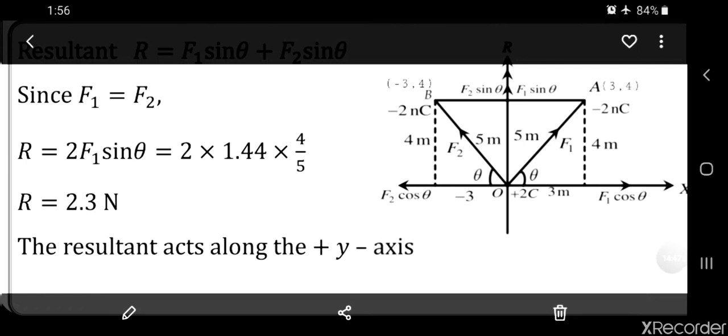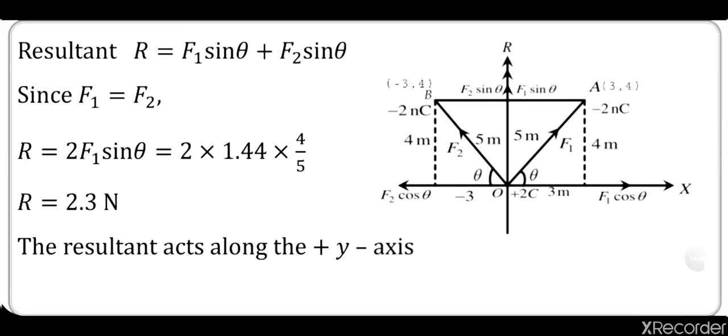Yeah, till here we discussed the numericals of electrical forces by using Coulomb's law. Now let's look at the problems based on electric field. We know the basic electric field formulas, E is equal to F by Q and E is equal to 1 by 4 pi epsilon naught Q by R square. By using those formulas, we can discuss some more problems now.